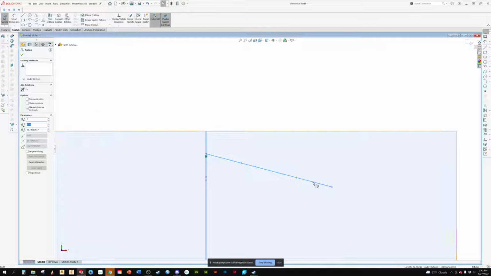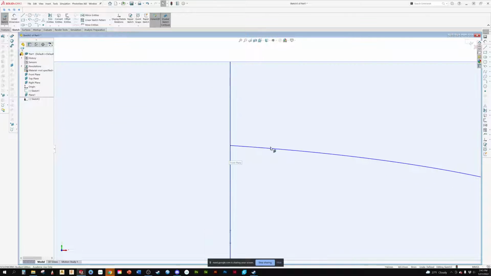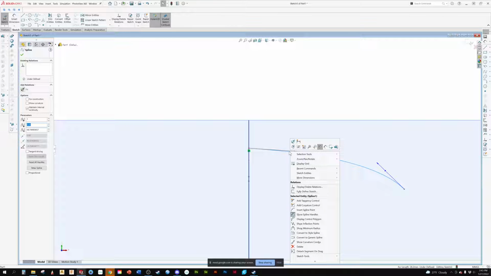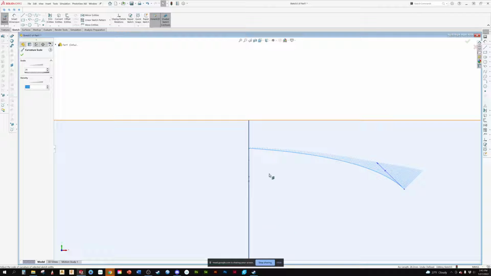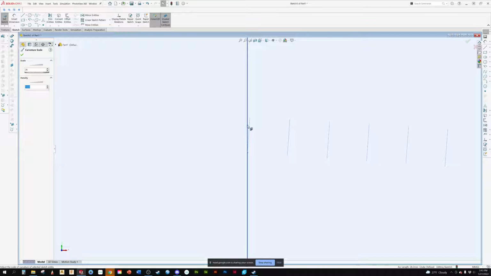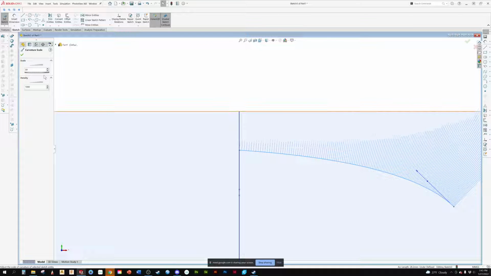So I already know that that's at the point there, so I'm going to come in. And right now we know that we're going to have a crease, so if I come in and let's just turn on curvature combs. You can see, zooming in, how there's an angle there. That means that it is not